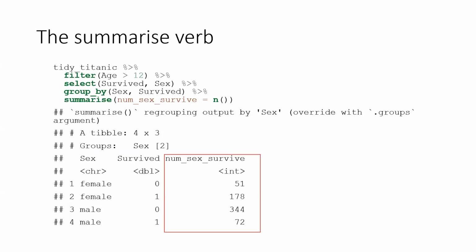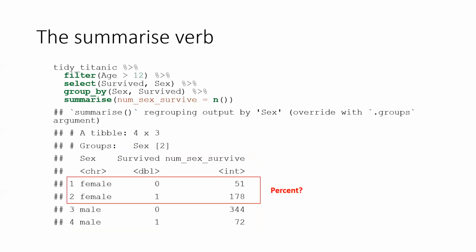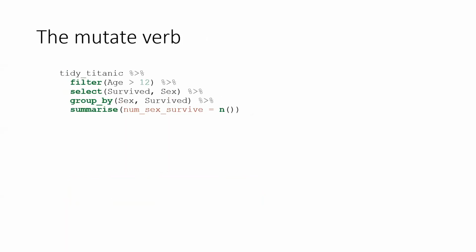So what is the percentage of females surviving versus dying, and then for males as well? To do that, we're going to use the mutate verb. The way the mutate verb works is it allows us to perform a calculation and assign the result of that calculation to a new column. In this particular case, we're going to mutate, and we're going to calculate the num_sex_survive, which was